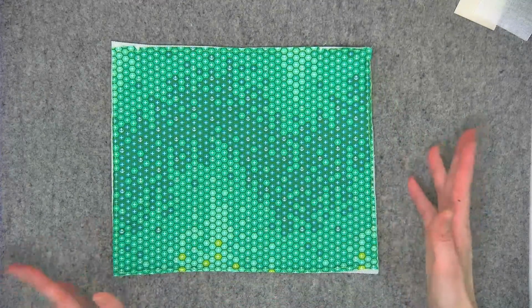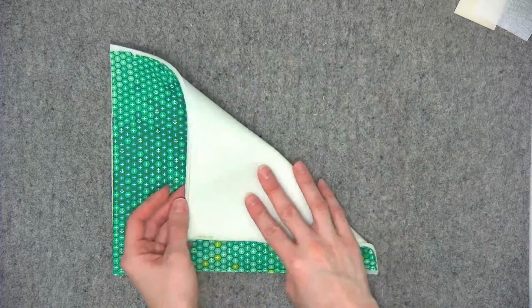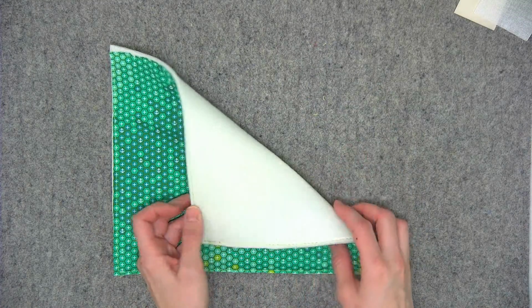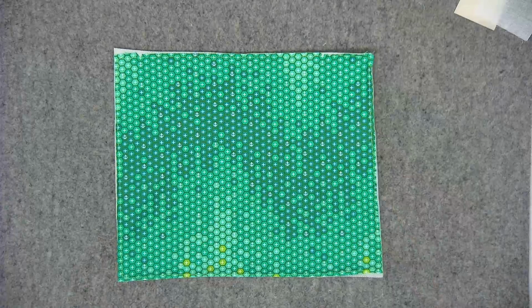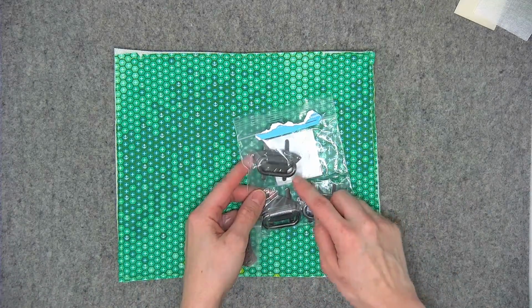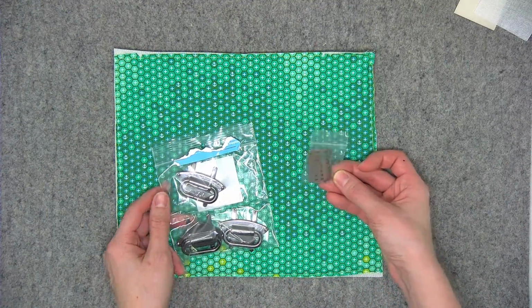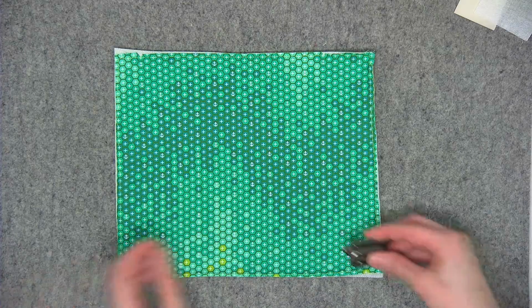Okay, so I've prepared this little piece of fabric to simulate the front of the bag. I've already attached the fabric to the interfacing, which you definitely want to do first. And here's what the strap anchors look like in the package. So you'll get the 4 strap anchors as well as the washers, and I've already gone ahead and pulled one